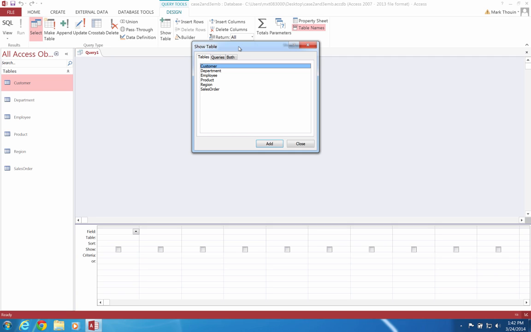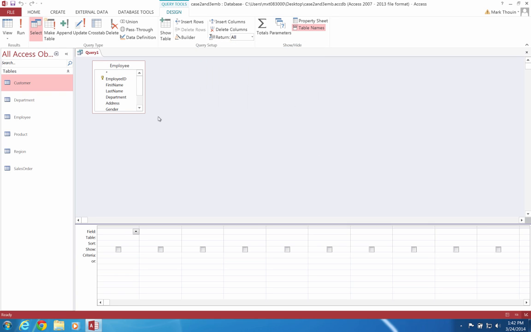So to start off, I need to identify the tables of interest. I know I want data from the employee table, so I'm going to click it and then click Add. After adding the employee table, I'm going to close down the dialog box,